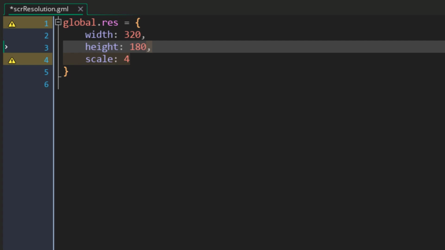And now let's see what these are. First we have the width and the height of the game's camera. This means our game's internal resolution is 320 by 180. That works out for our pixel art game, but that means that the window will be very small. And that is why we have a scale value here. This means that our game window will be 4 times larger than the camera size, so we can easily see the game. Let's change the game's resolution now.